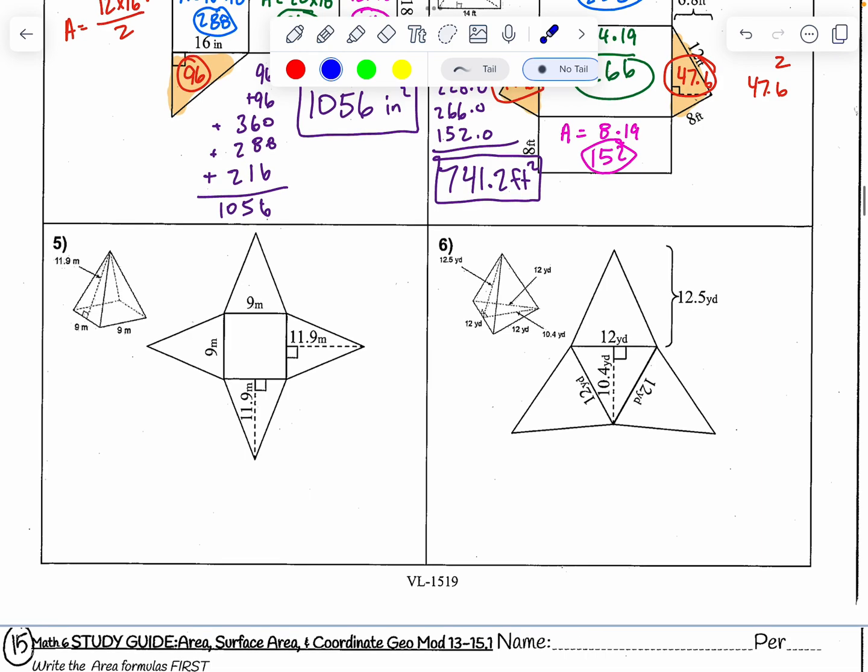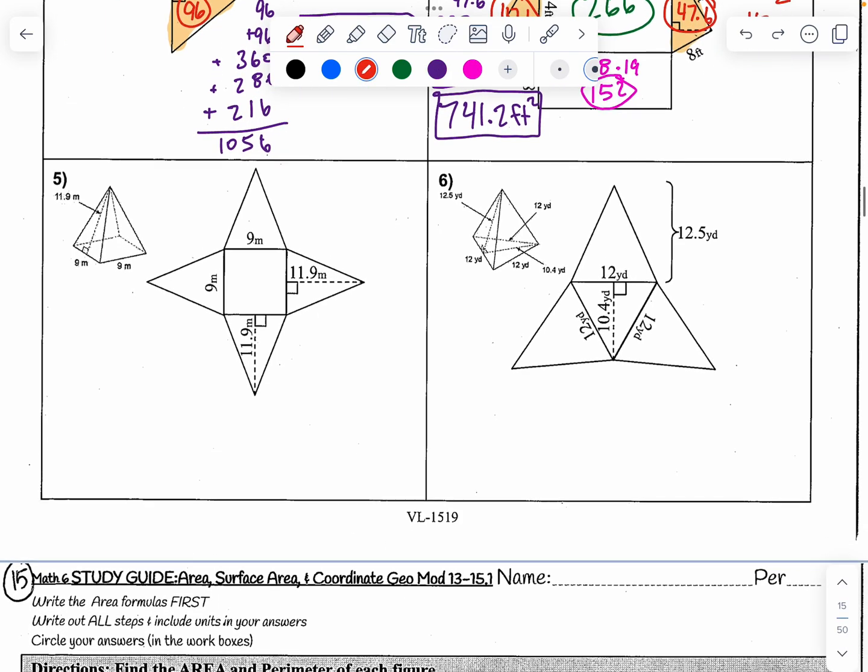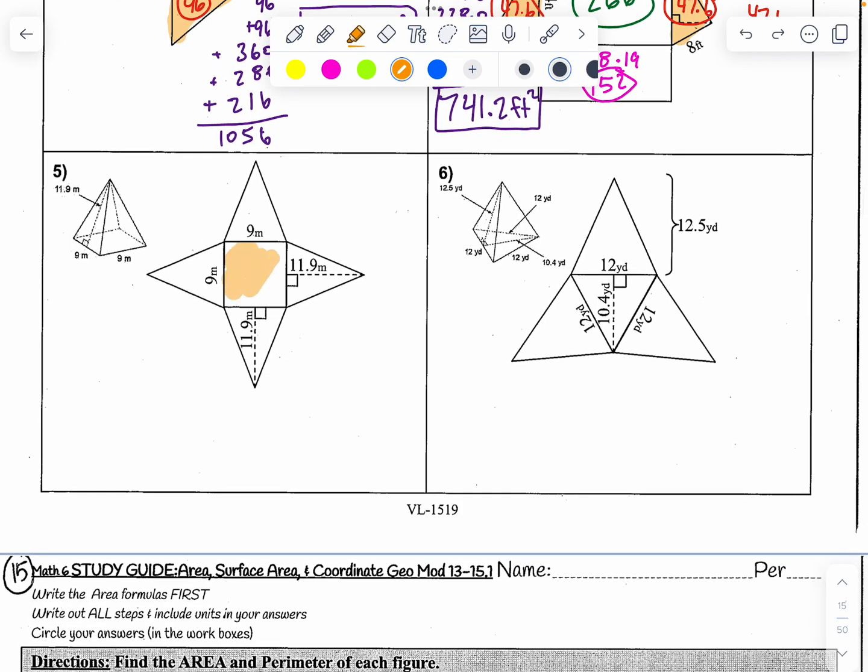where, let's do the base first. I believe it's a square. Yes, it is, because it's 9 times 9. That is a 90-degree angle, right? So it's just base times height. Or in a square, it's just that number squared. So you could have just done 9 squared. And what does 9 squared mean? 9 times 9. And that's why they call it squared. That's what they call it, squaring, when you just multiply a number by itself. So 9